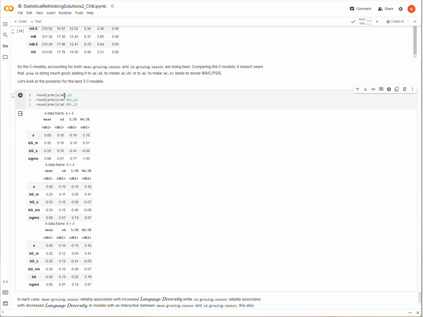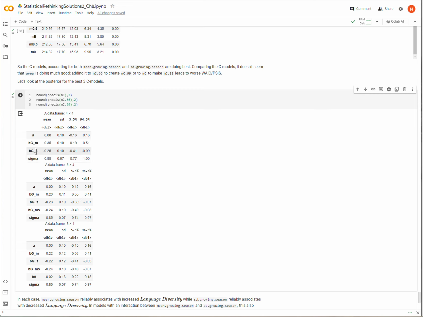So we have MC, MC66, MC99. In all of these, we notice that the mean growing season is reliably associated positively with language diversity, with our measure of language diversity. So that's interesting.